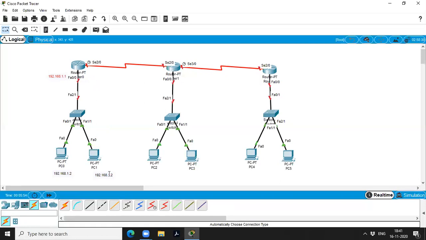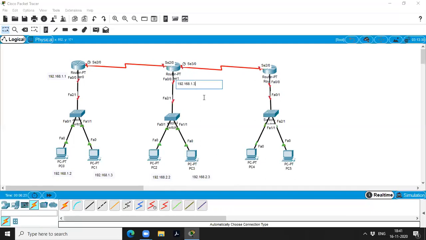So this one is 3. Now this network belongs to the 2 network. 2.1, sorry, 2.2 and 2.3.